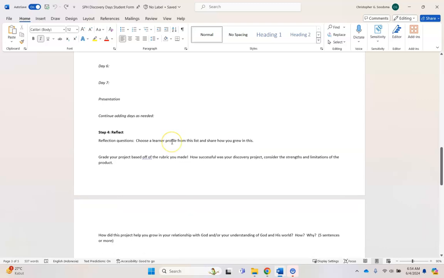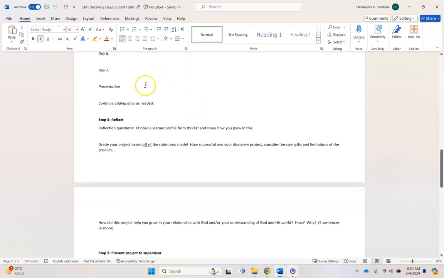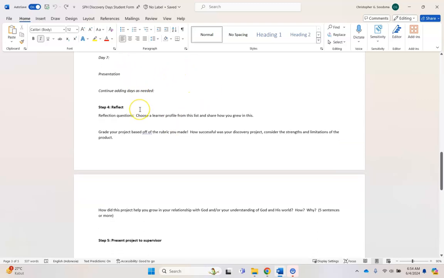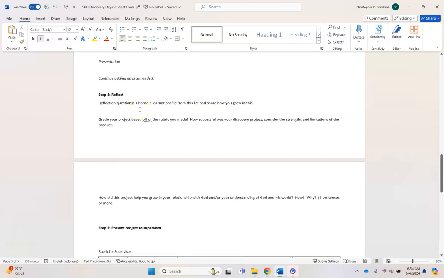Then the very last thing you do after or before your presentation, you will complete these reflection questions, right? Choose an IB learner profile that you grew in. See, did I become more of an inquirer or balanced or whatever? Grade your project. You go through, you'd be like, this is my success criteria. This is what it takes for me to have a successful product.